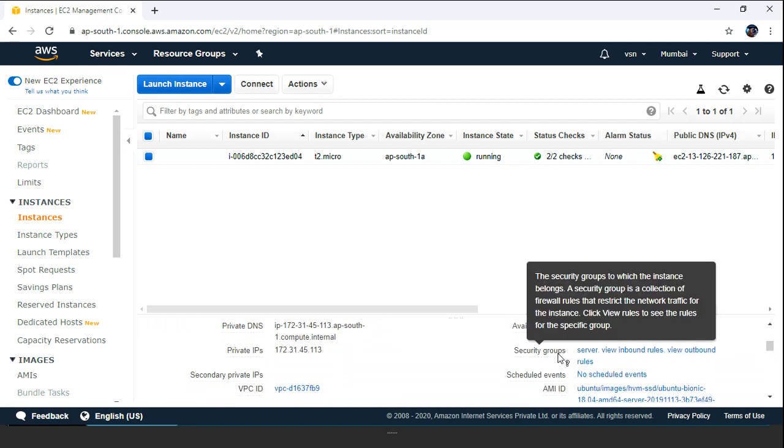Now a pop-up shows the security group to which the instance belongs. A security group is a collection of firewall rules that restrict the network traffic for the instance. Click view rules to see the rules for the specific group. It is telling about security, the security group currently applied on the EC2 instance. Now if I click on the security group,